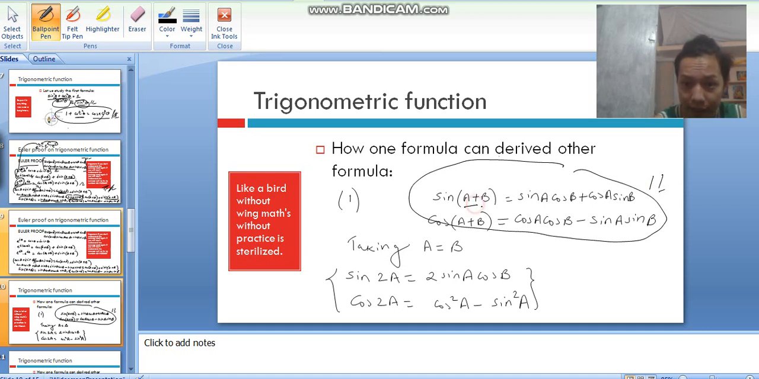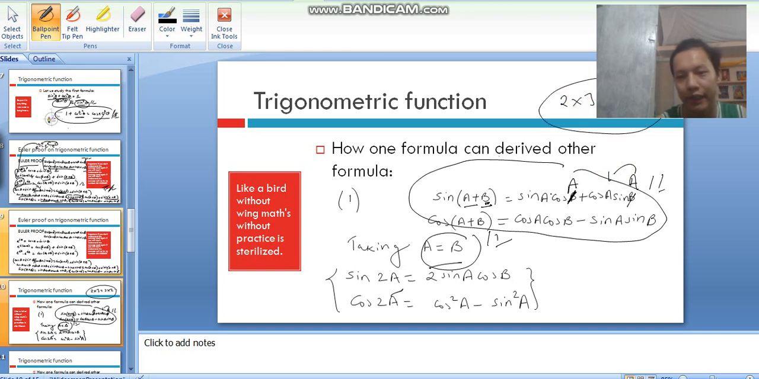Here, right, a is equal to b. If we write a is equal to b, then sin bracket a plus b becomes sin bracket a plus a, which is equal to sin 2a, which is also equal to sin a cos a plus cos a sin a. In terms of b we write a. Which is the same, right? So this means sin a cos a is equal to cos a sin a. So we can say